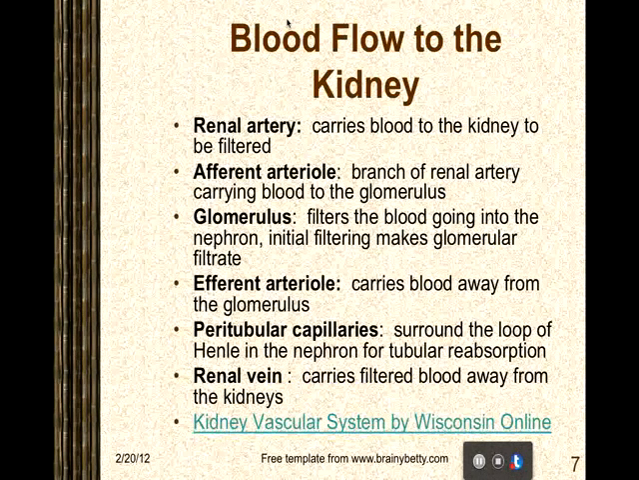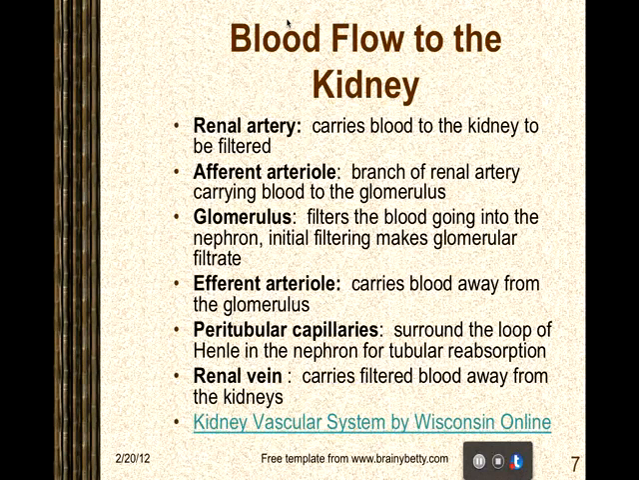The renal artery will carry blood to the kidney to be filtered. The renal artery will branch into afferent arterioles, which will each carry blood to one of many glomeruli. The glomerulus is the initial filter of the blood going into the nephron. After the fluid has already passed through the glomerulus, it is known as glomerular filtrate. The efferent arterioles will carry blood away after it has passed through the glomerulus, and these arterioles will merge to